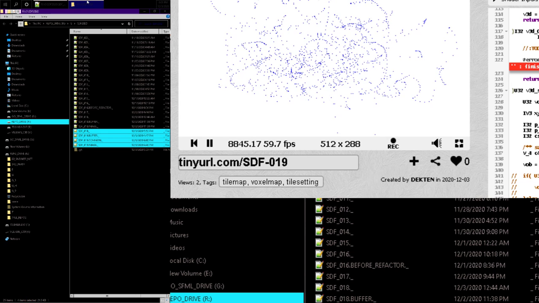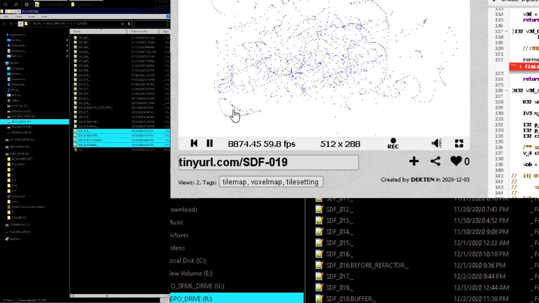Because we're going to make a generic voxel marching algorithm. I'm sure we're going to have a lot of headaches along the way where we have errors. We'll have to debug, figure out where those problems are. But hopefully, if we're careful and we double check stuff, we'll figure it out and we won't shoot ourselves in the foot. So we're going to keep on building in SDF 19